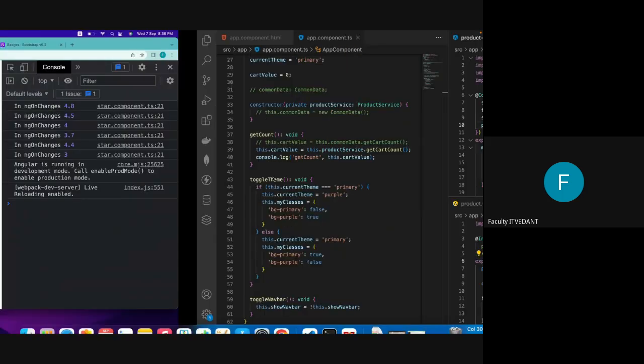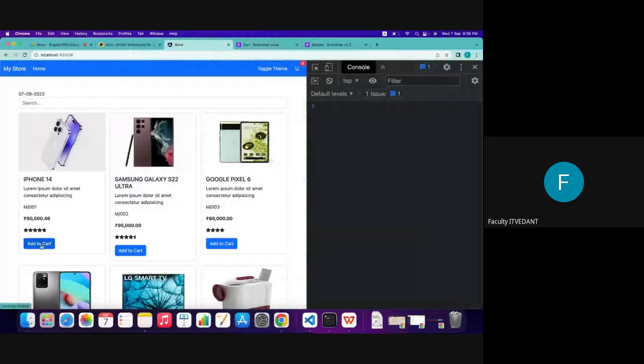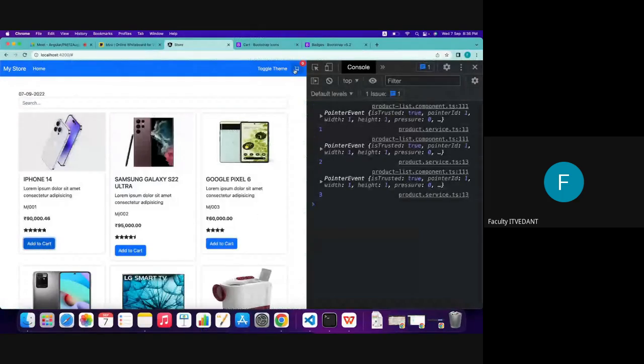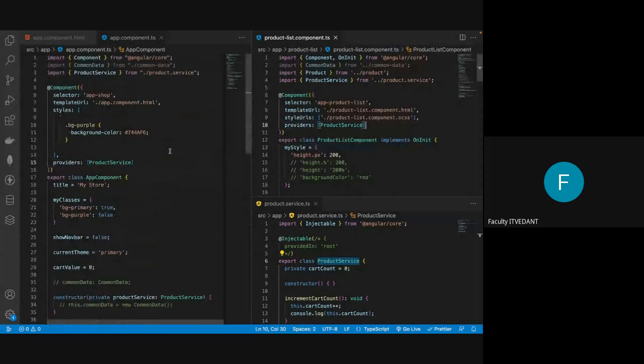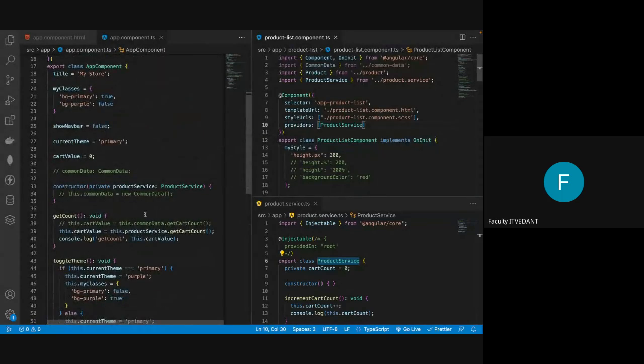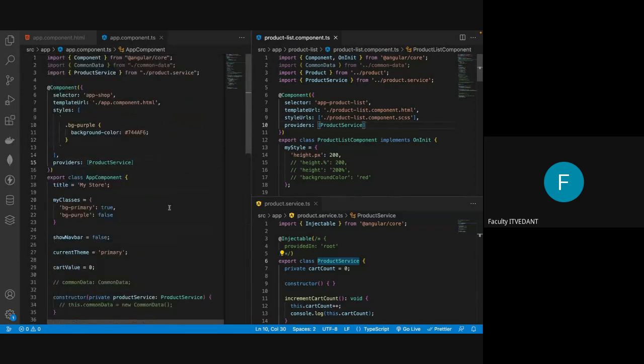Okay, you can see now. If I click on add to cart, the value is updating, but if I click on this, you see get count is still 0. That means both the components are using different objects of the same service. Although I haven't created the product service object using the new keyword, I'm still getting a different object. This can be useful when you just want to access an object for that particular component,